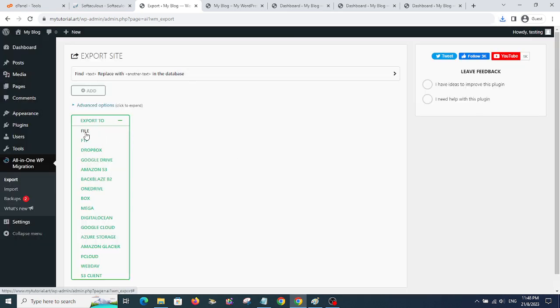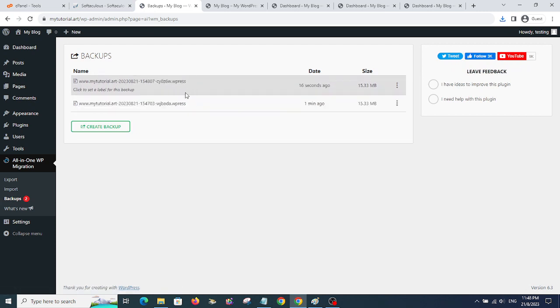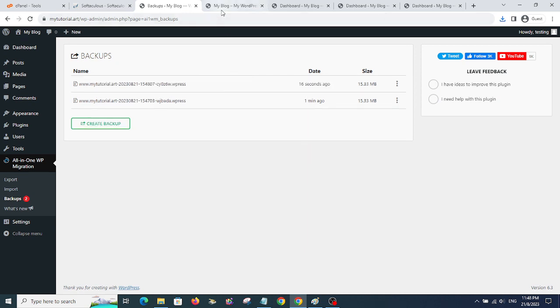Okay, I'll download this, close. So actually, if you don't believe the export function is another backup, just look at here, backup. Do you see? Both are the same. Yeah, just the name is different. Okay, now